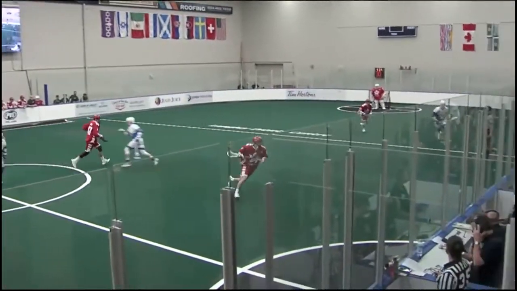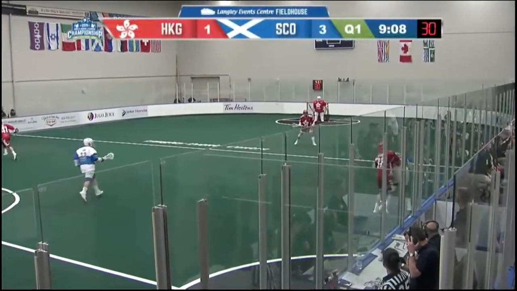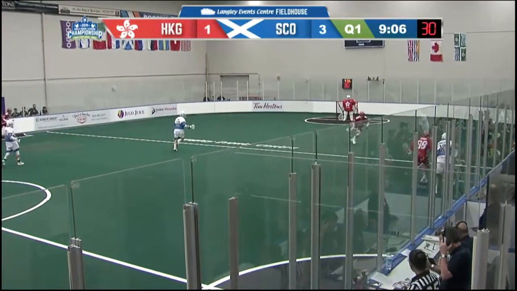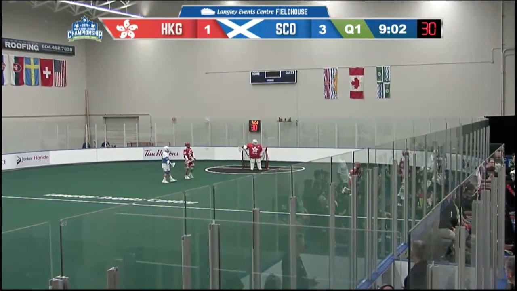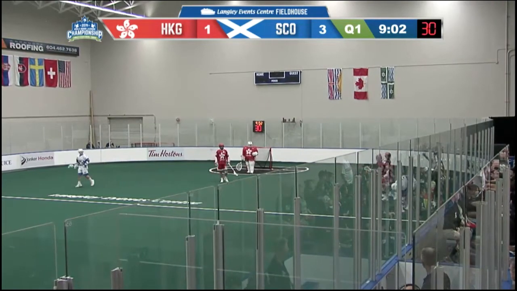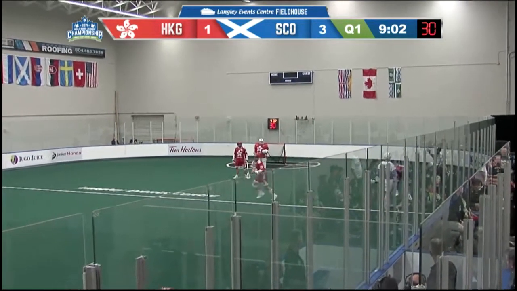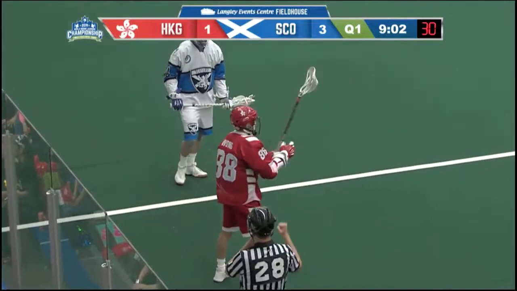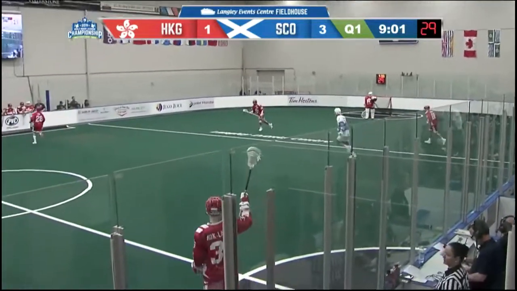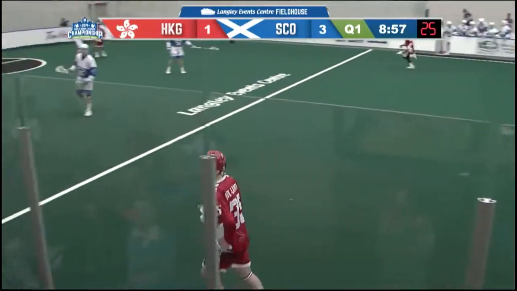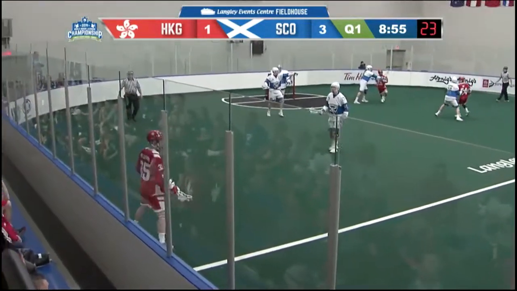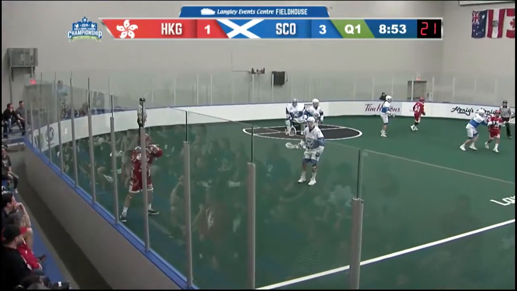Jordan Shane Wong with the goal, unassisted. So 3-1 Scotland leads. Scotland got out to a 3-0 lead just over 5 minutes in.